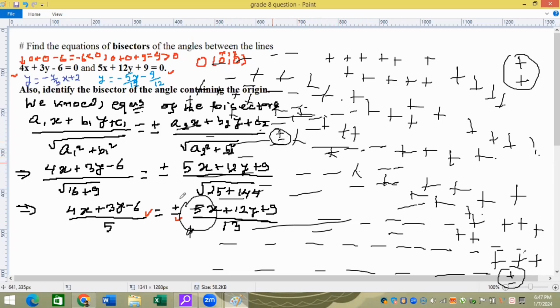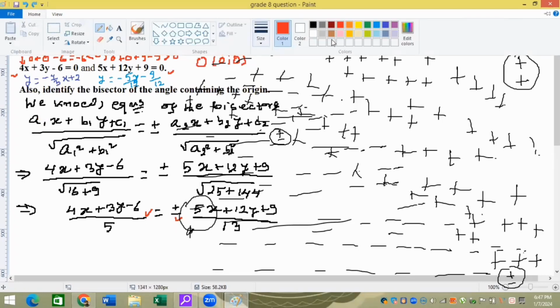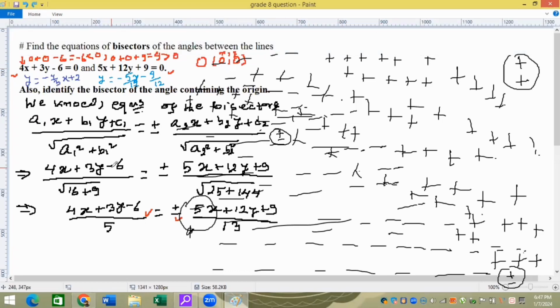Combination of positive and negative here means that on one side you take positive, and on the other side you take negative. Okay, and then let's go back to there. So in this case we are taking one positive and another negative sign. That means we are taking this positive and this negative, and you cross multiply with 13 and 5 here, so it is going to be 13 times